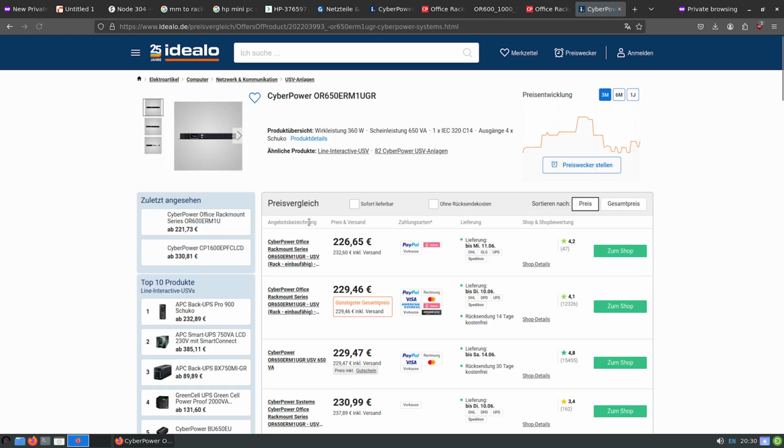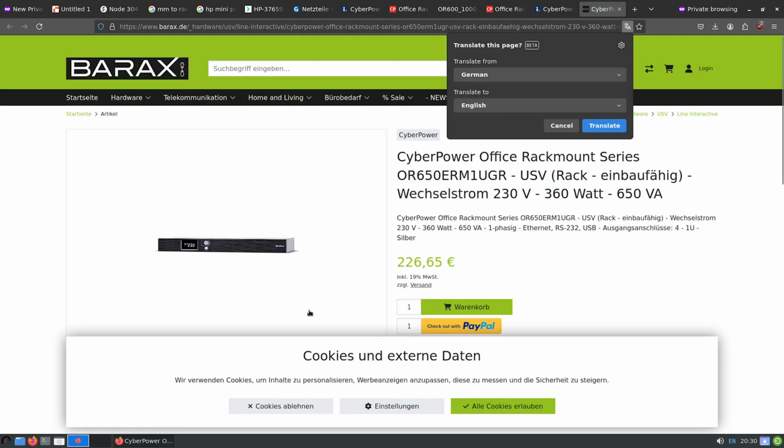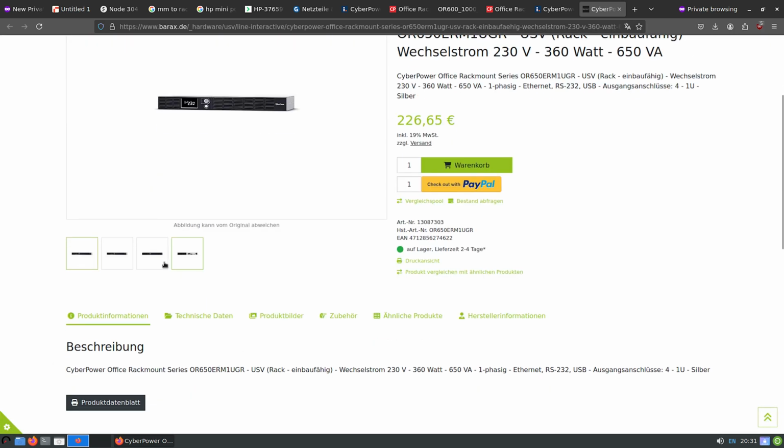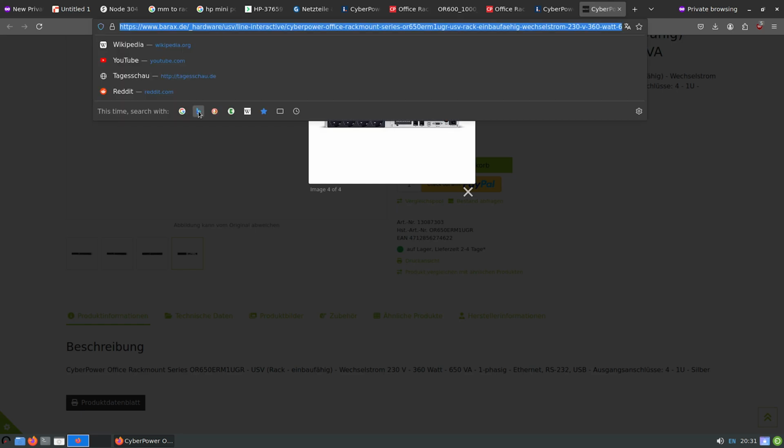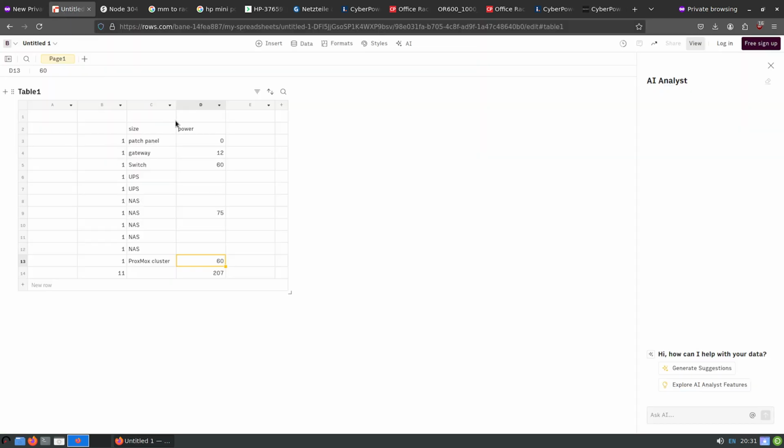Yes, this one. And it has the normal socket, and then if we look on the switch, so probably we will need one here, one here, one here. For Proxmox cluster for 3 nodes we need 3, so it's